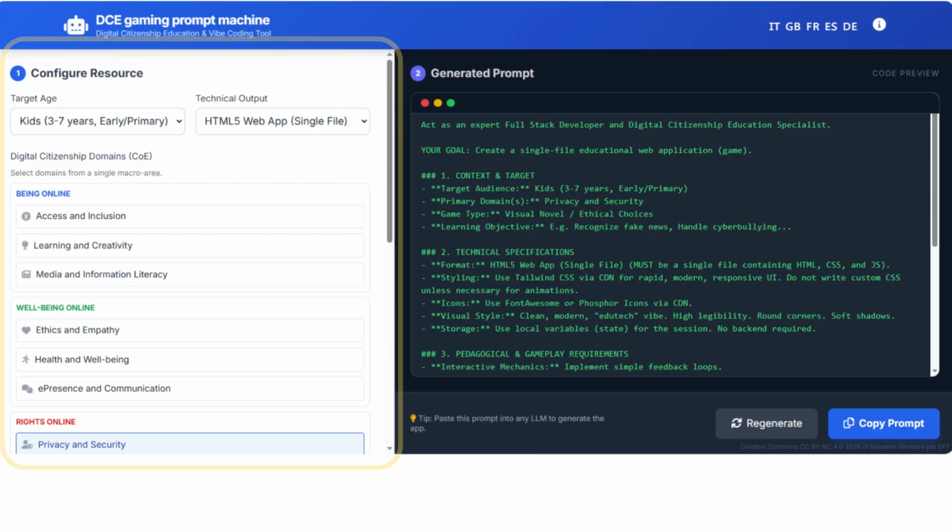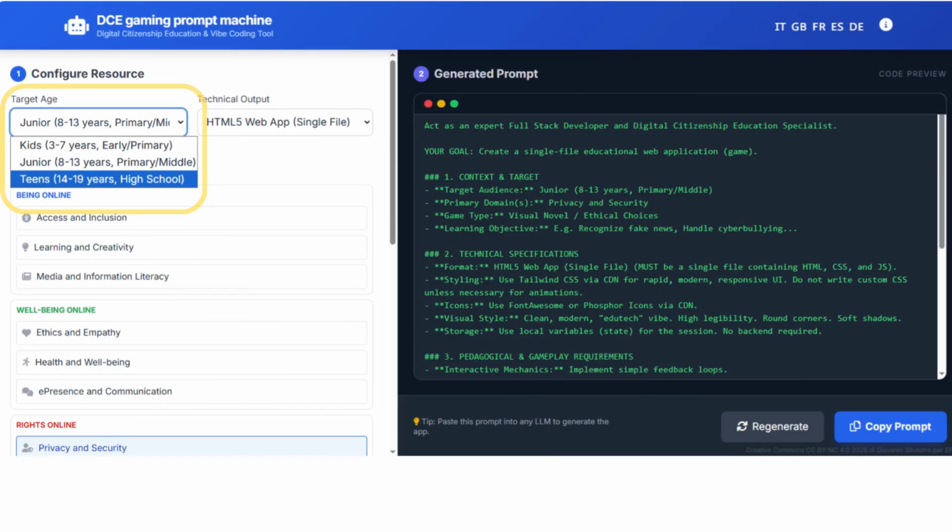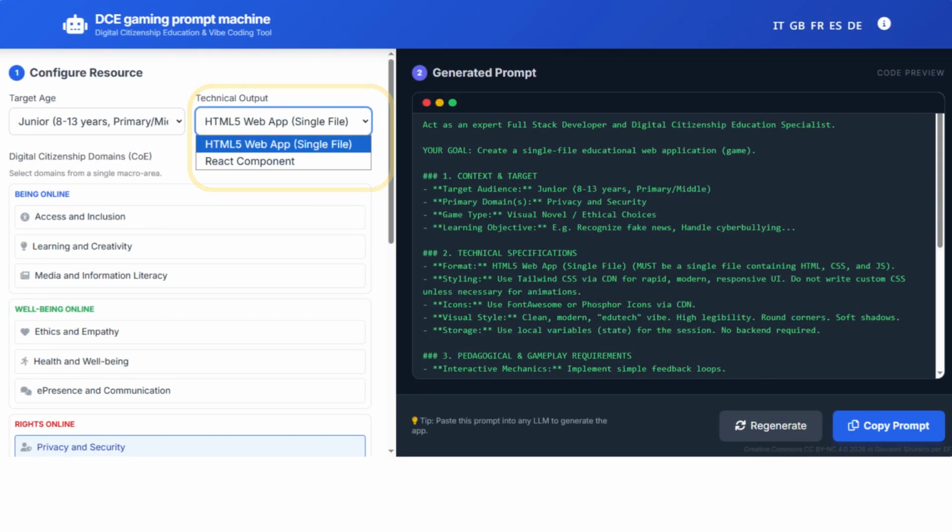First, you select the age group that will use the educational video game: kids, junior, or teens. Then you choose the technical output, which can be either HTML5 with JavaScript or React. The first option is preferable for dynamic games, where the character jumps, runs, and interacts. For a static or logic-based game, where the user interface, buttons, menus, and inventories are the most important element, React is